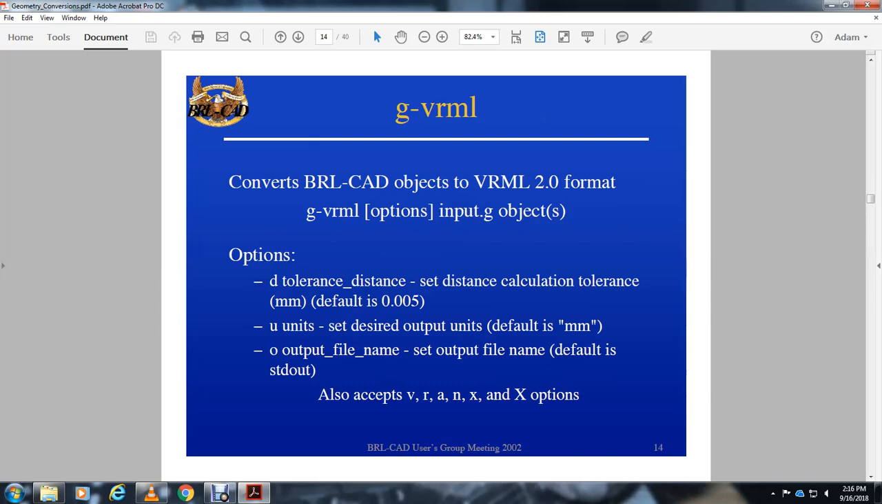Alright, virtual database, virtual reality markup language. Convert the BRL-CAD object with virtual reality markup language to format option for the input of the group objects. The T tolerance distance is equal to the calculation of the tolerance in millimeters. Set defaults in 5,000 units. Desired outputs in millimeters. Output file name sets the output file name, input side standard out, all except the VR, ANX, and capital X